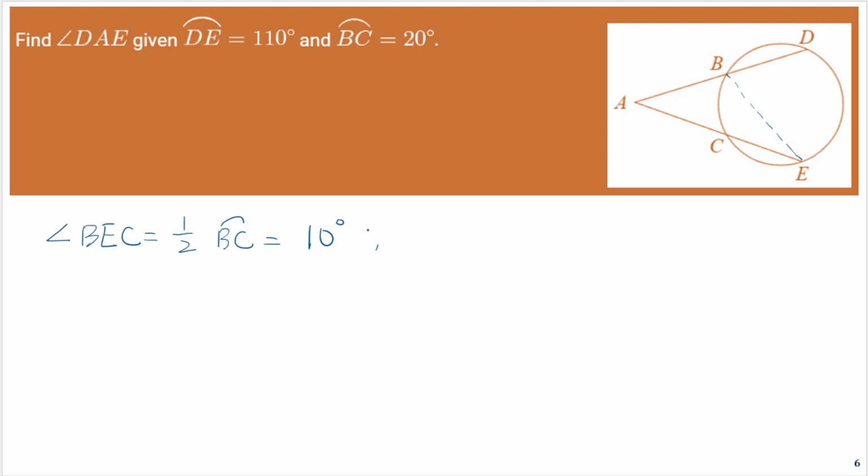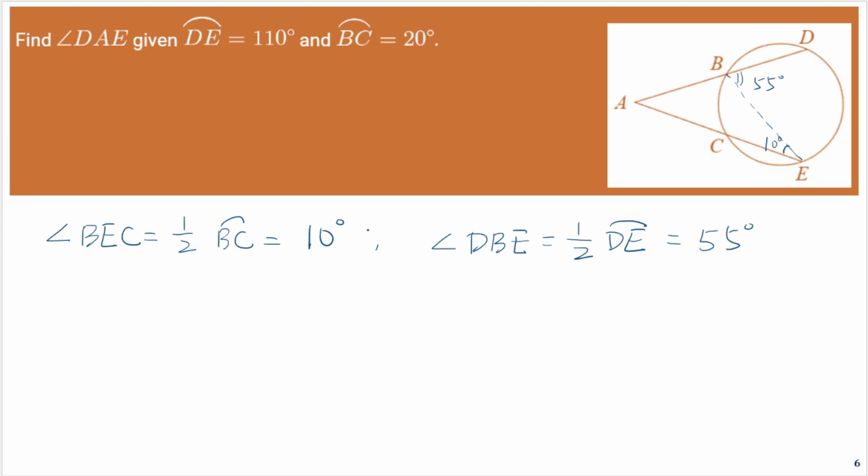And also, the angle here, okay, first of all, we know this angle is 10 degrees. And the angle DBE is inscribed in the arc DE, right? So that equals 1/2 of the corresponding arc DE, which is 55 degrees. And also, if you consider triangle ABE, this angle here, DBE, is the external angle of the angle A